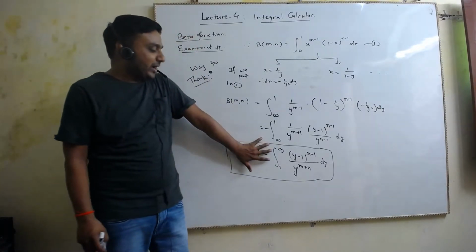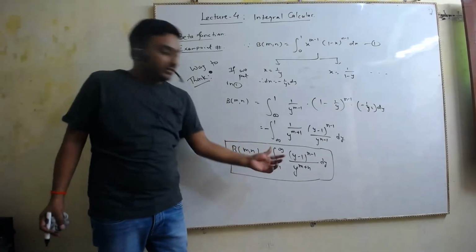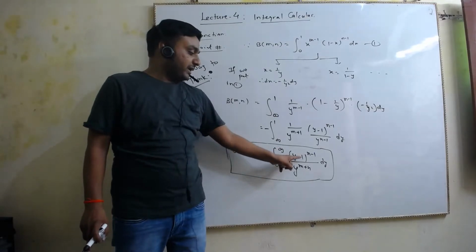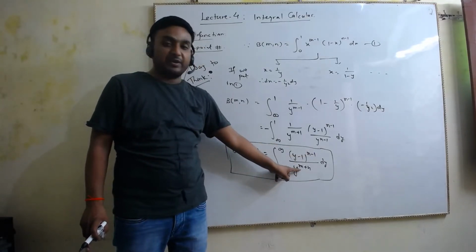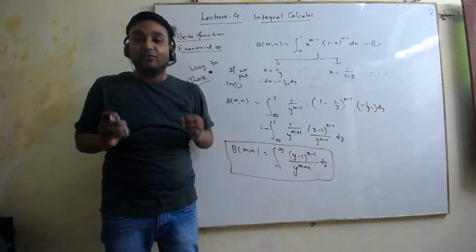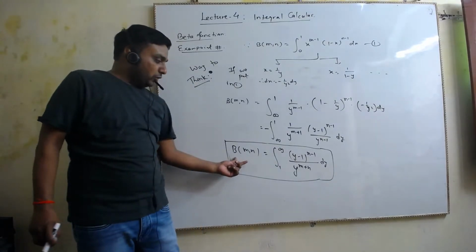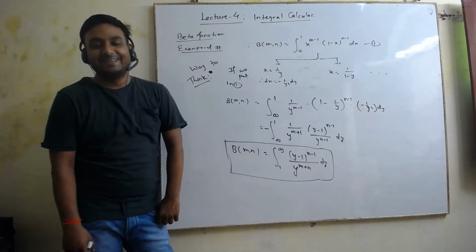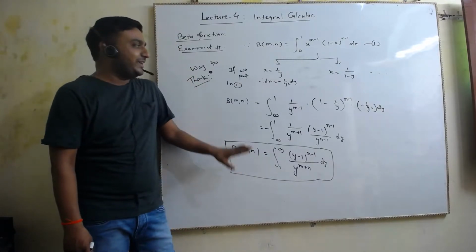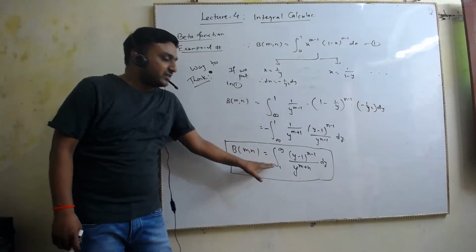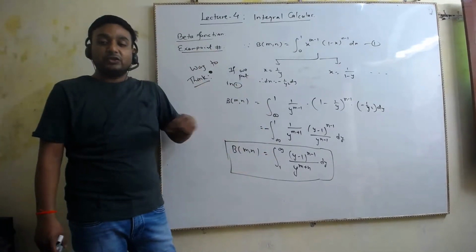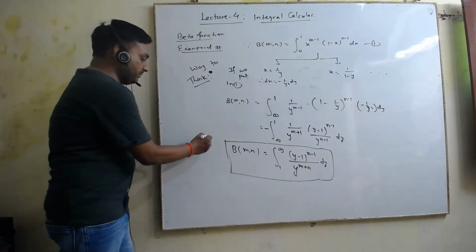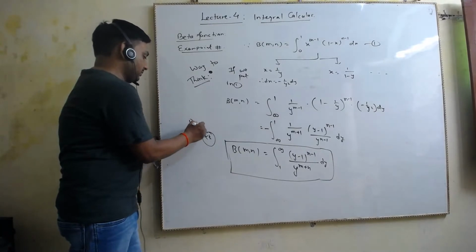Suppose that you have to integrate some function like this, 1 to infinity, y raised to the power minus 1, y to the power n minus 1 upon y to the power m plus n. Then what is the value? If you don't know this relation, your life becomes hell in the exam hall, okay? So please don't ignore this process. I am again saying, you are not supposed to remember everything, but at least this you have to remember. Okay.